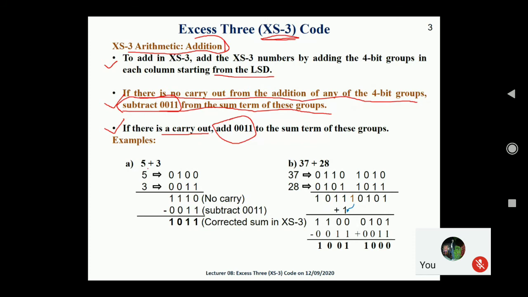Okay, now based on these three conditions, I will explain with this particular example. Suppose 5 and 3. So how are we writing 5? At first we are writing it in the BCD form. 5 plus 3 means what? It is 8. Yes or no? 8 we are representing as a